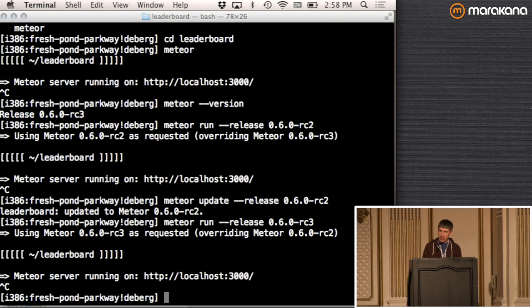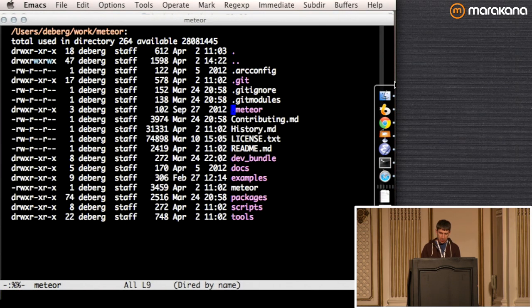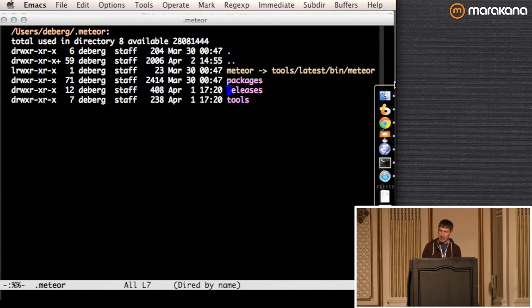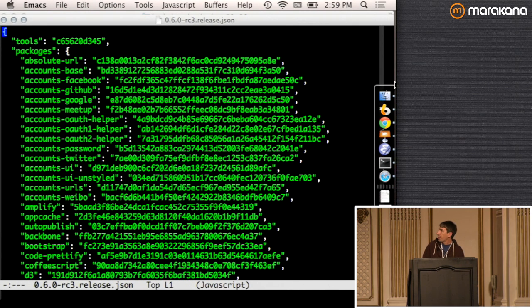The second thing I'd like to show you is internally how these releases are put together. So I have a checkout of Meteor, and actually I'll show you this. My install of Meteor in my home directory has a couple directories in it, and I'll go into the releases directory for a second, and I'm going to open up the configuration for 0.6.0 RC3, which is what I'm running. And the only thing in this file is